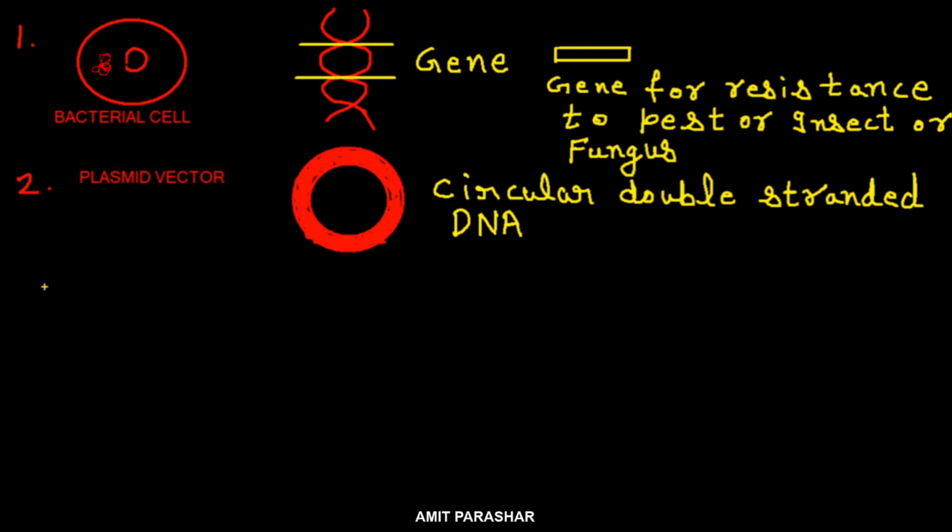And even after inserting a desirable gene in a host cell, that desirable gene will not replicate when the cell divides, as it is not a part of the genome of the host cell. So it will not express and can be broken down very promptly. Here a plasmid can overcome all these problems.